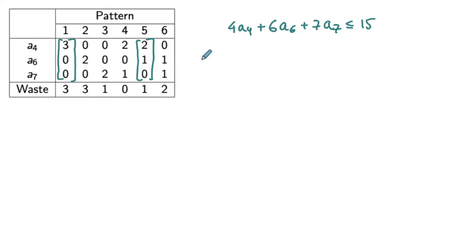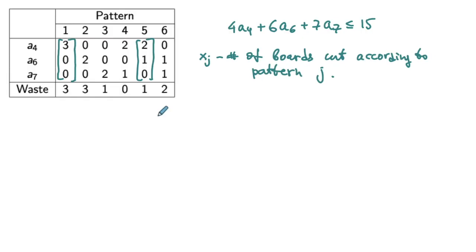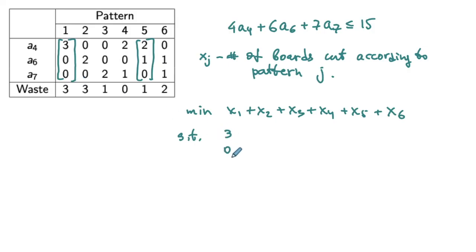So let's denote by xj the number of boards cut according to the pattern J. Then our objective is to minimize the sum of xj's, so we have minimize x1 plus x2 plus x3 plus x4 plus x5 plus x6 subject to, and then we have the pattern A1 multiplied by x1, so we have 3 0 0